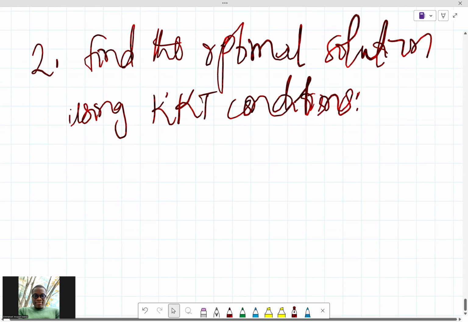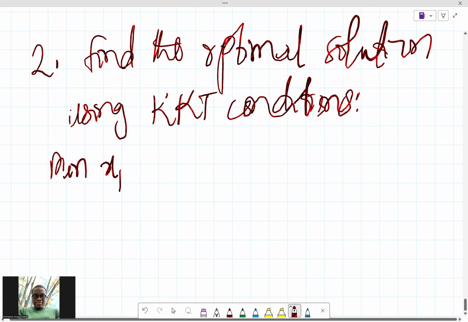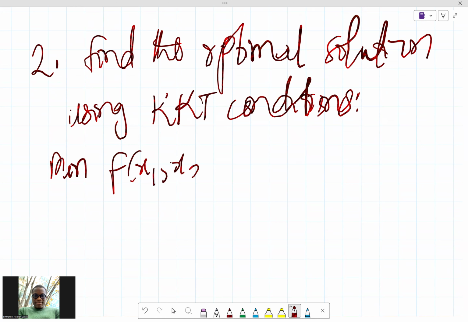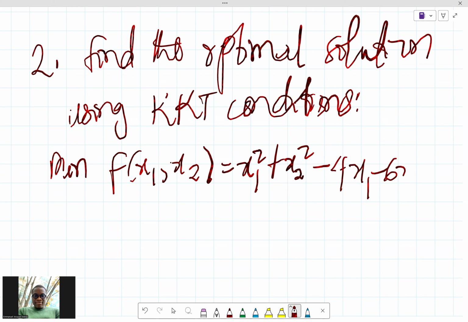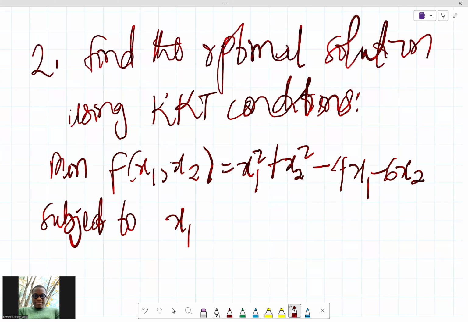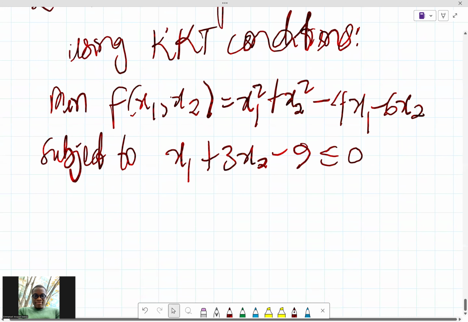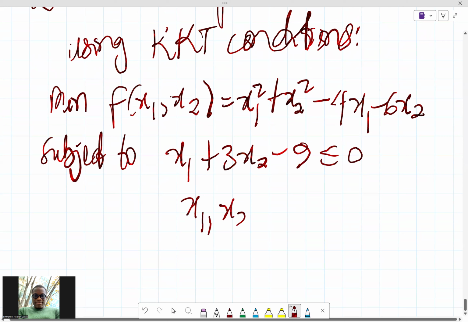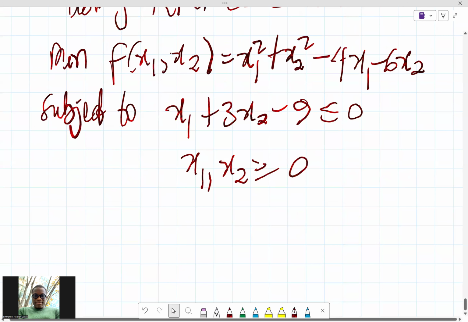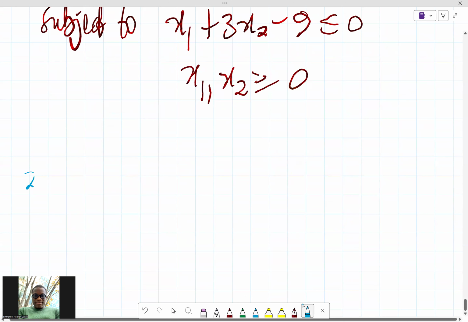And that is to minimize f of x1, comma x2, which is equal to x1 squared plus x2 squared, minus 4x1 minus 6x2, subject to x1 plus 3x2 minus 9 is less than or equal to 0. And then we have x1, comma x2 greater than or equal to 0. That's the second one. So we go for the third, which is this,